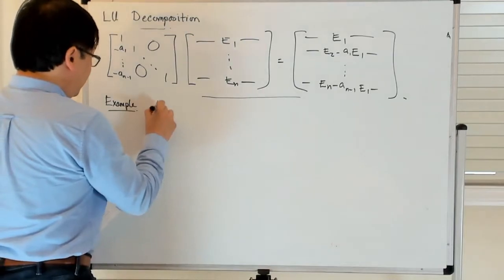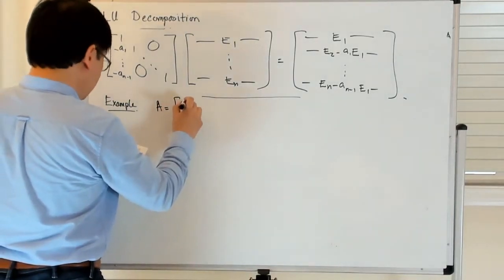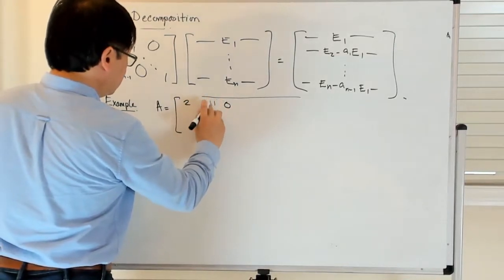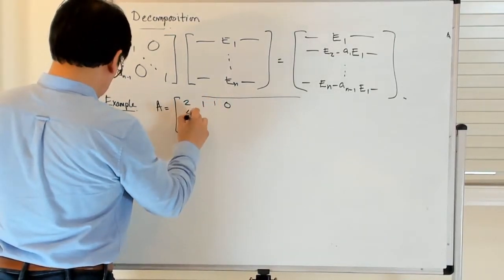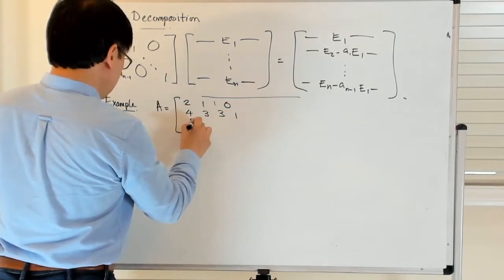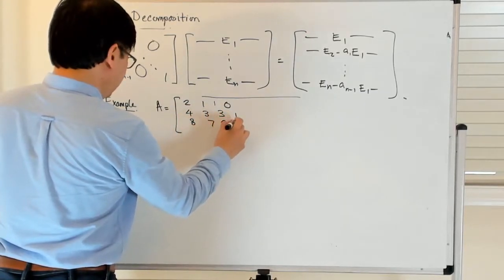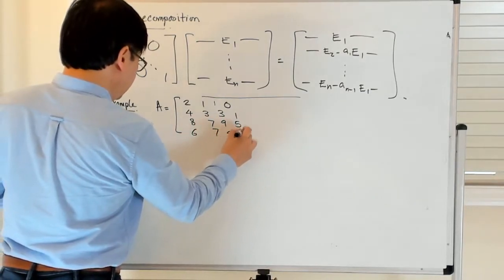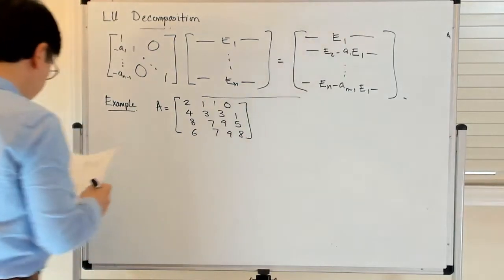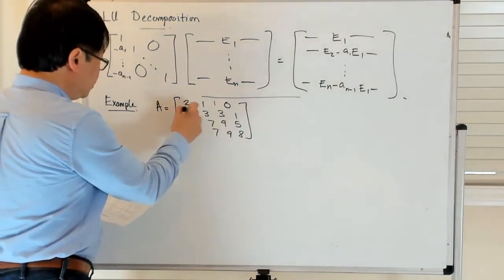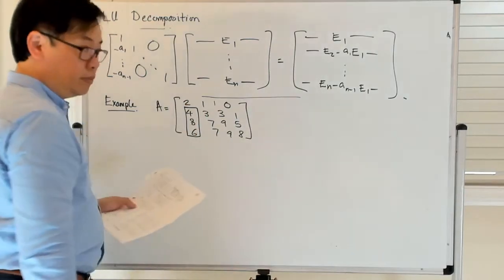So you have A, this 4x4 matrix: 2, 1, 1, 0; 4, 3, 3, 1; 8, 7, 9, 5; 6, 7, 9, 8. Okay, so I want to do Gaussian elimination to zero out this first column below the